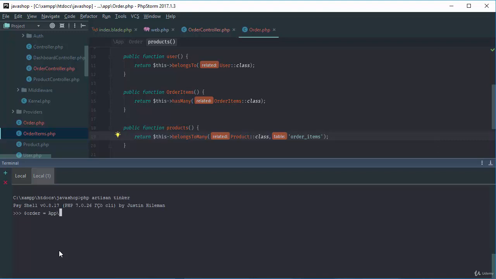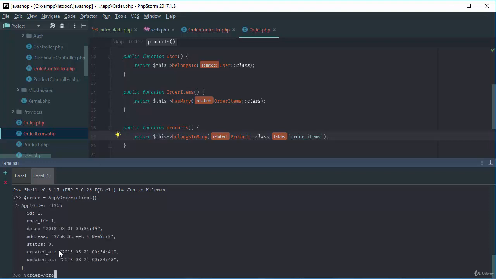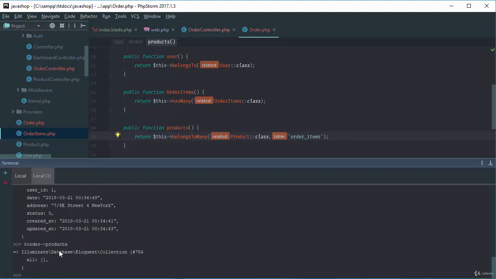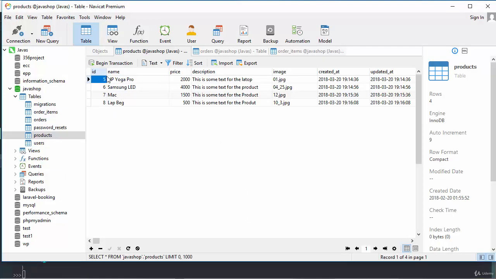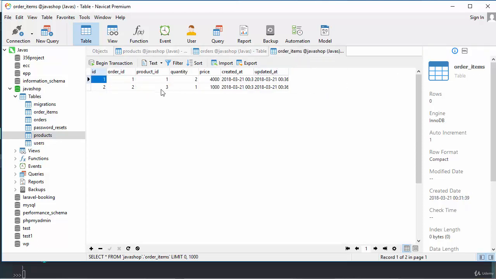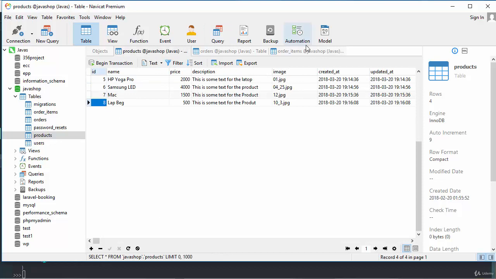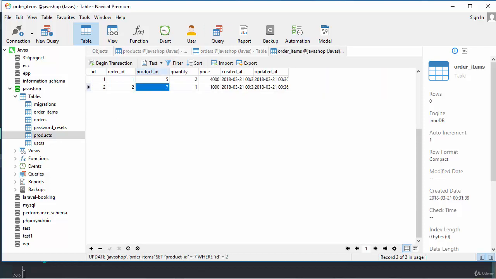And again exit Tinker, and if I say php artisan tinker, and order is equal to app order dot first, and let's check the products which belong with it. Okay, now it returns a collection, but it's empty. I think we just made a mistake. Basically the product IDs start from 5, 6, 7, 8, and our order item contains product ID 1, which of course does not exist. So if I change it to 5, 3, 5, and for example 7, and just save it, and again,